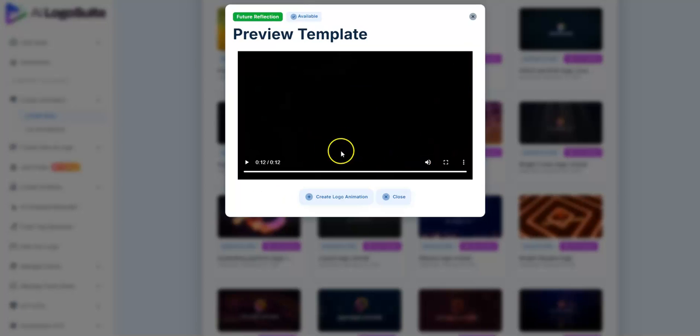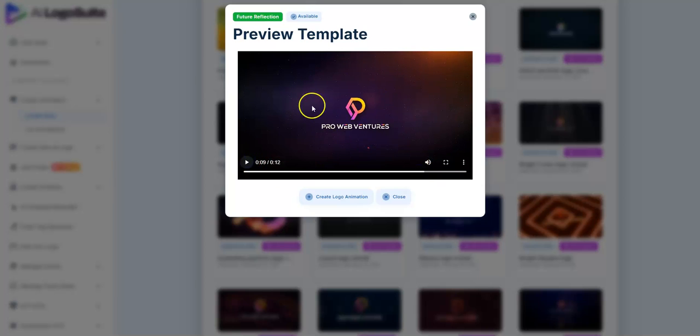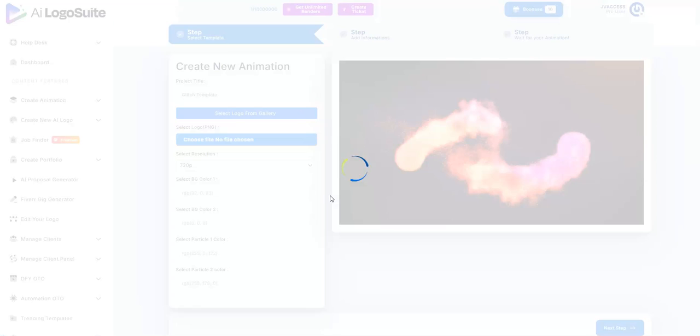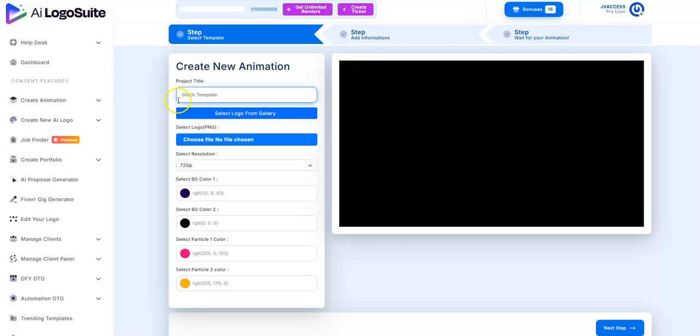So obviously you can rebrand that with your logo, or whichever logo that you want to get started with. So all you have to do is just click on create logo animation, and it will take you to the next step, wherein you need to fill in some blanks. So you need to name the project, obviously. So I'm just going to name this project as new anim